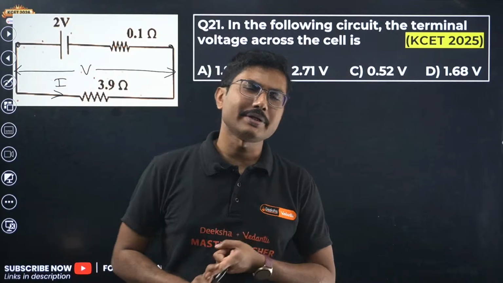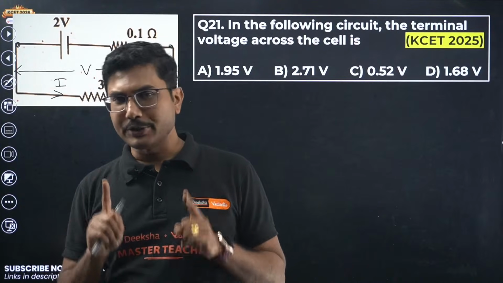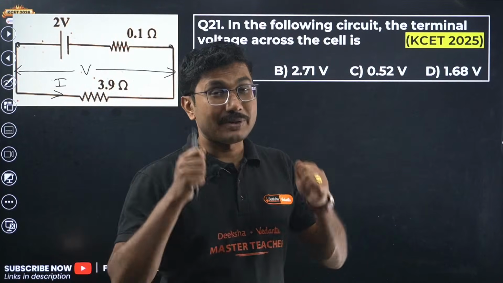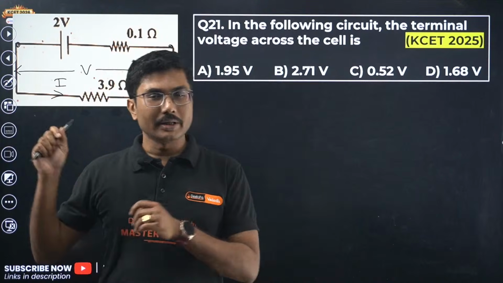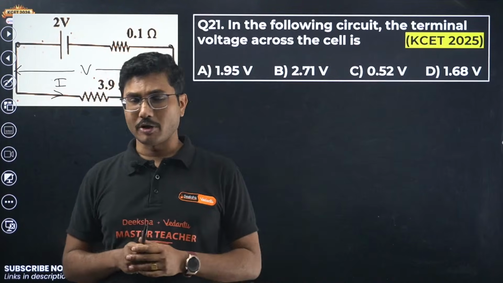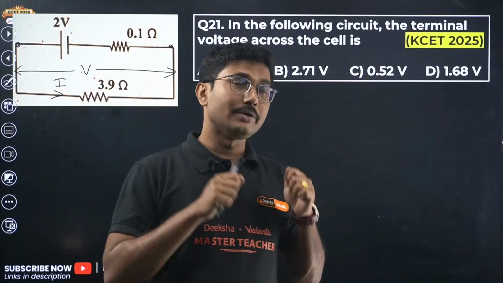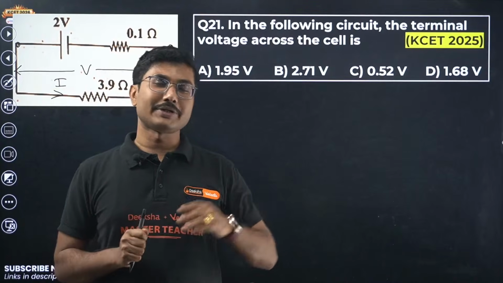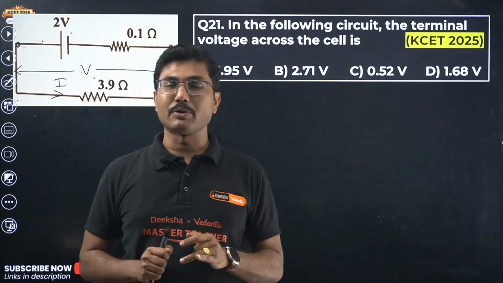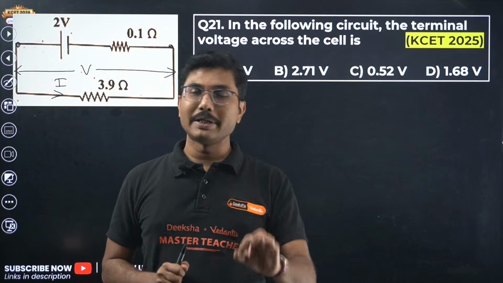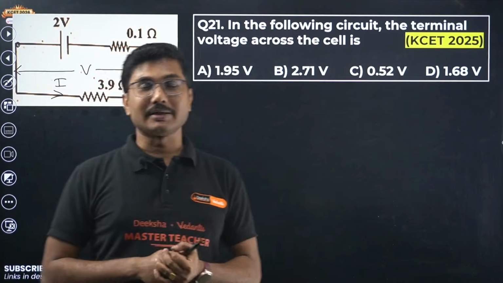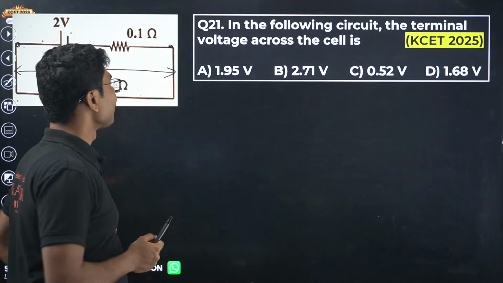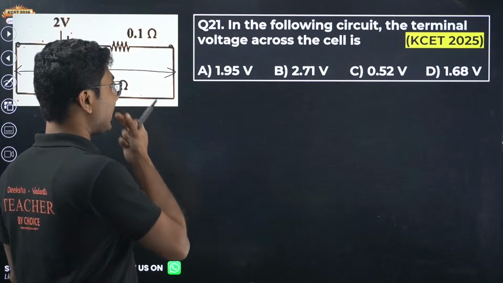But truly difficult questions in the entire KCET paper should be limited to 1 or 2, which you will not be able to solve even if you invest a lot of time in the exam hall. Only the toppers and super genius students will be able to solve them. For normal students, it will be very difficult to solve those 1 or 2 questions. So if you skip those and answer the remaining 58 questions, you will definitely be in very good shape compared to other students who invested time in solving those difficult questions. That is a smart strategy that you should take.